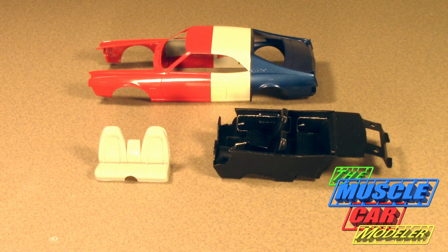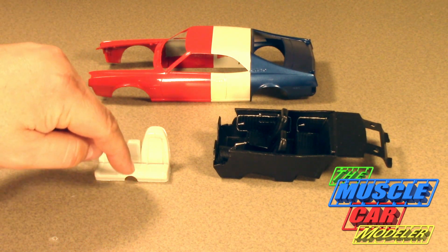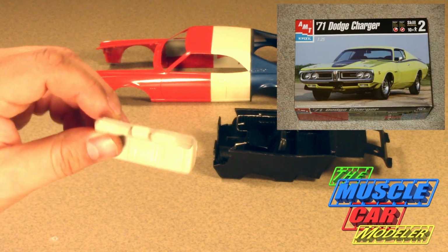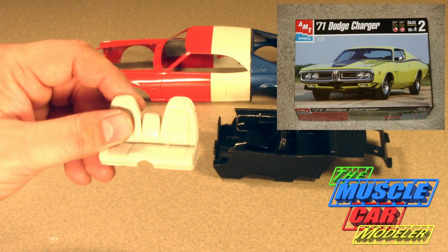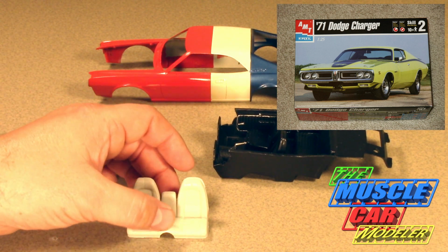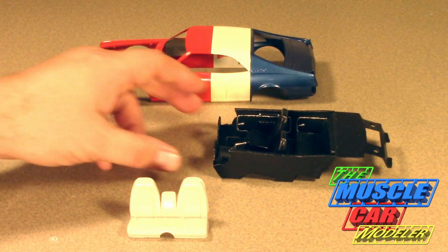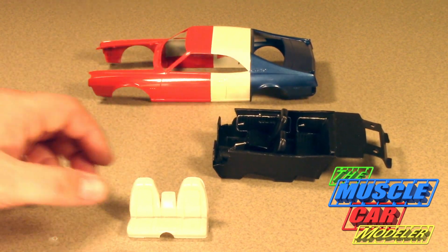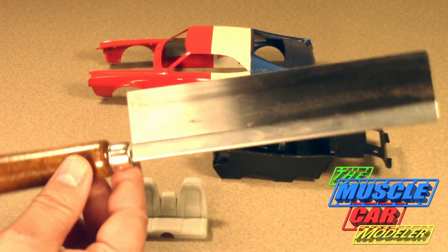For the latest on my Javelin project, I'm going to cut the buddy seat out of this bench seat that came from the 71 AMT Charger, and I'm just going to use the center section here and attempt to use it in the Javelin to do the buddy seat. So first thing I got to do is take out my trusty razor saw